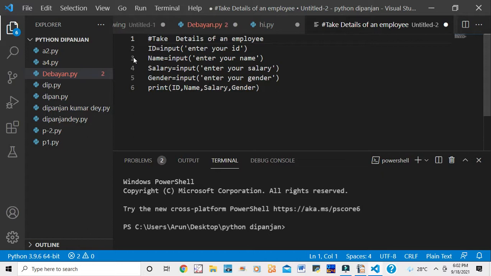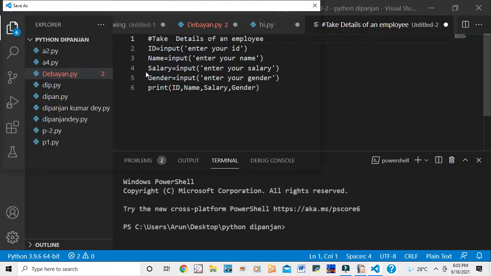Okay, so I have to now save. Control plus S, I want to save this program. I have pressed Control plus S, then it will save the program. Just wait, it takes time.